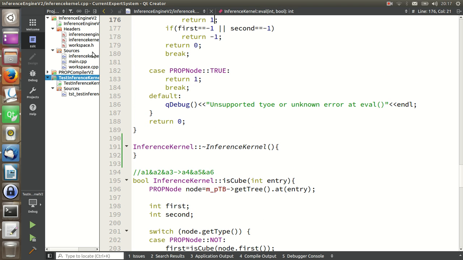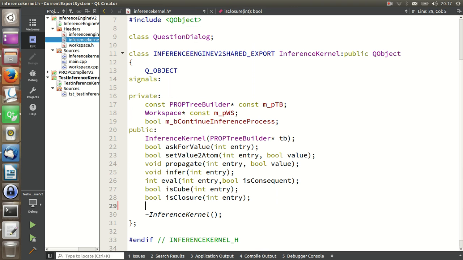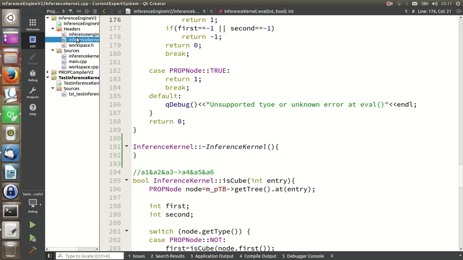So first things first, we're going to create a new function in the inference kernel. It's called Modus Ponens. You might remember that Modus Ponens is where you have a rule, and the antecedent and the consequent are cubes, and a cube is a series of AND operations. So then when we finish defining that, we might go to